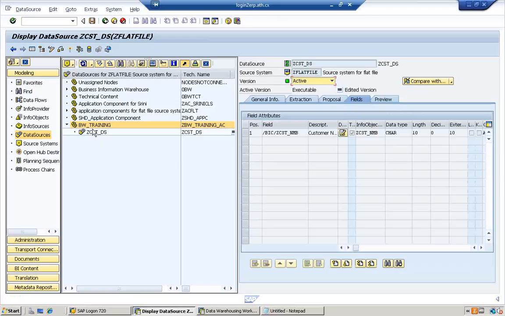But you have not moved any data, it's just the preview that you've seen, but your data has not moved anywhere into the BW system. So for you to go ahead and move the data into the BW system, what you need to do is you have one program here called the info package. Alright, so we go in there,